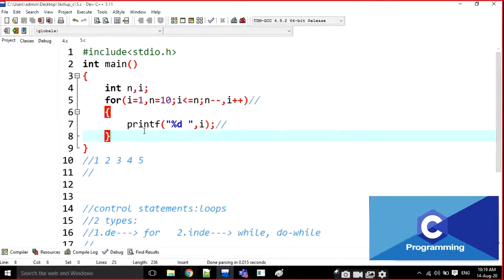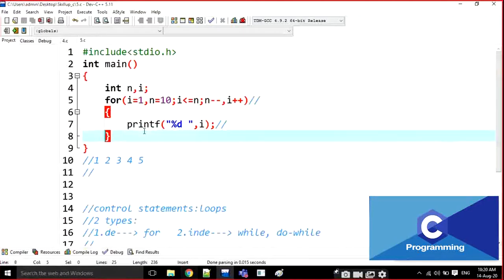There are lots of properties of the for loop here. Note down every time. You didn't write return 0, sir.